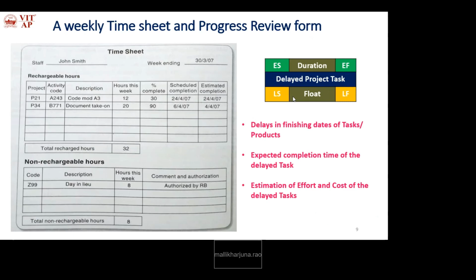If a task takes more than the planned time to finish the work, more than the given time. Every project task has a specific duration. You have to finish the particular task in this duration only. You need to start the activity by this time, utilize this period, and finish the task by this time only. Due to the dependency among the activities, there is a possibility of critical activities occurring. So some project tasks are delayed.